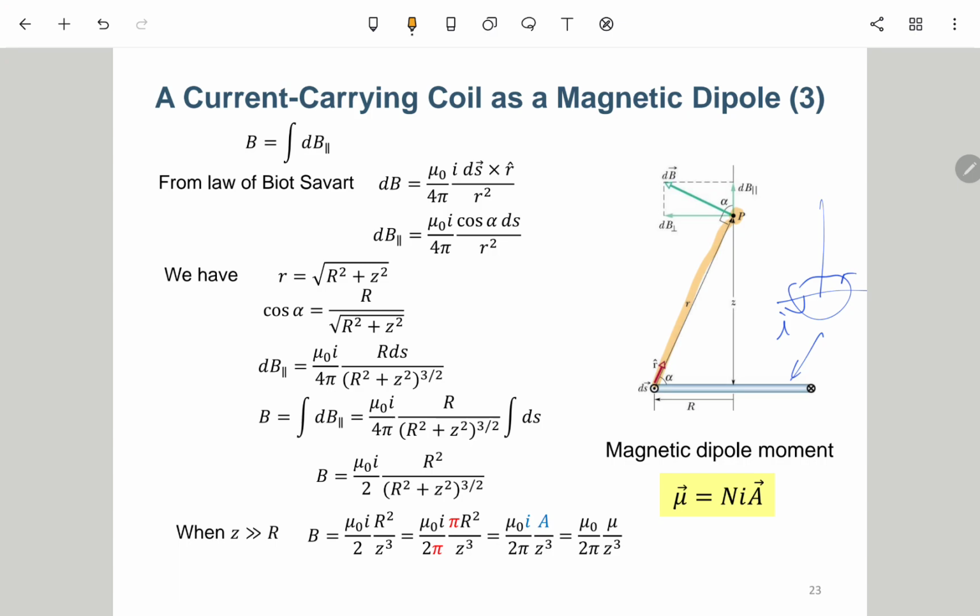So your thumb will point to the top left direction. Something like this. You can try to play with it yourself so that you can become familiar with the right hand rule. So dB is actually in this direction, and we can also observe for this part, for this ds,